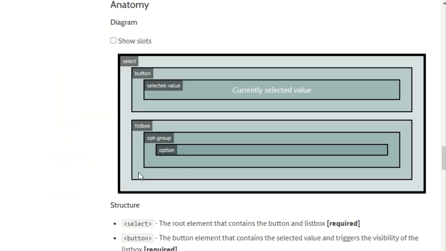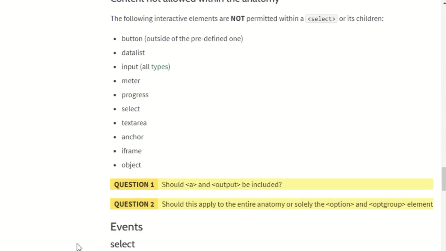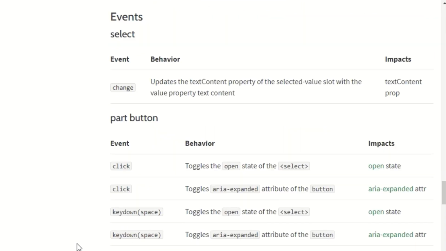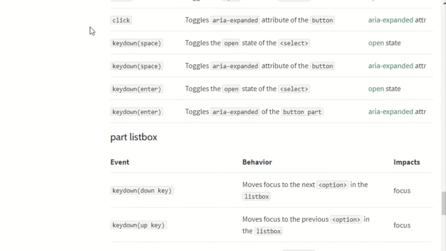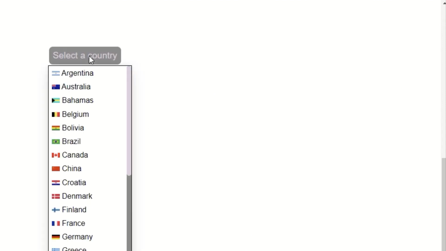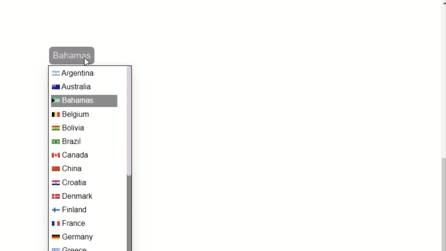OpenUI is working on standardizing the structure and the behavior of a select control such that authors can fully customize its UI without re-implementing all of its functionality. The goal is to eventually build this functionality into a new HTML element. For example, authors could use this to create a customized select like this with images in the dropdown without writing a single line of JS. The control is fully keyboard accessible and works with accessibility tools just like the browser's built-in form controls today.